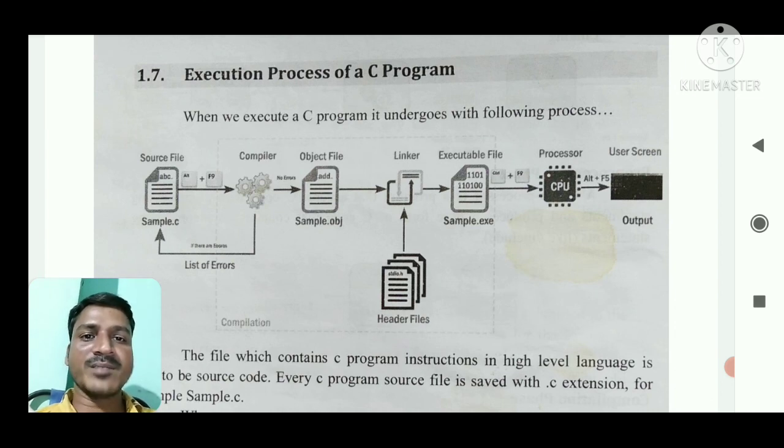Every C language program or file must be saved with the .c extension. Then the compilation process, where we use the Alt plus F9 shortcut key.